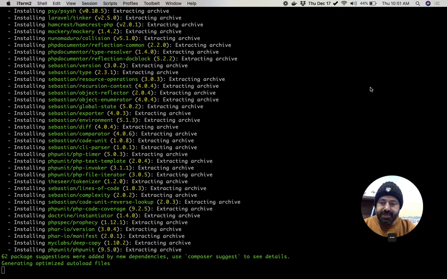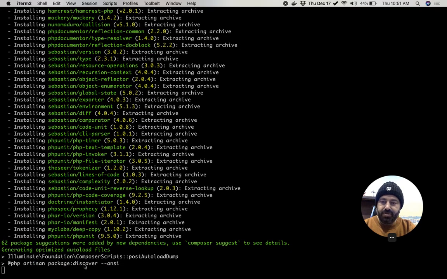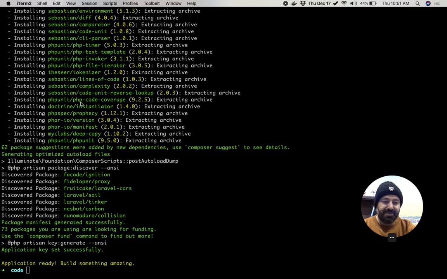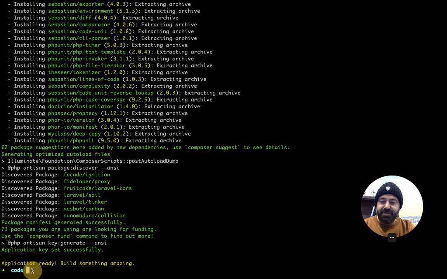All right, and this is installing all the dependencies, as you can see, PHPUnit and a lot of well-known and a lot of not very well-known dependencies. But anyway, this is how the installation of Laravel goes, and we are going to cd into the folder, cd orient,